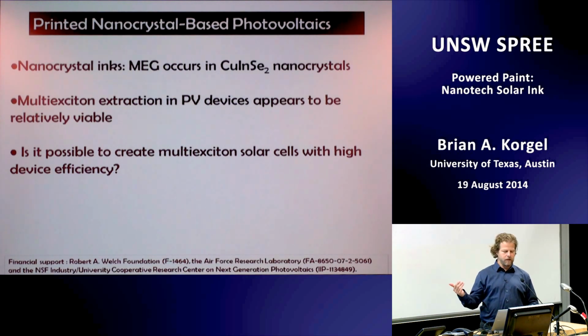We're starting to see new photophysics that people thought was probably impossible. I mean, at one point, people were hotly debating whether you even had more efficient carrier multiplication in quantum dots compared to bulk semiconductors, and now that's a resolved issue. You definitely do. The question is can you extract those multiple excitons? And it looks like perhaps you can. So the question is now, can you be printing using these materials and get to that 15 and maybe 20%